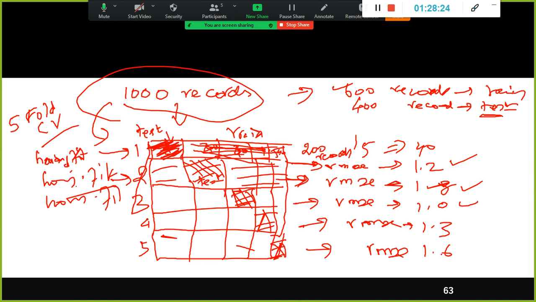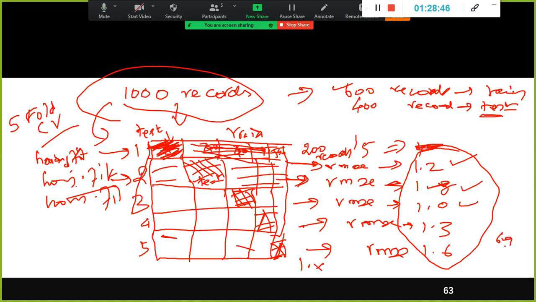But how do I decide my model with this? How do I decide how well my model is doing? You take the average of all these values. Right? Take the average of all these values. Somewhat it will come close to 1.x, right? 1.2, 2, 3, 4, 5, 6, 6.9.